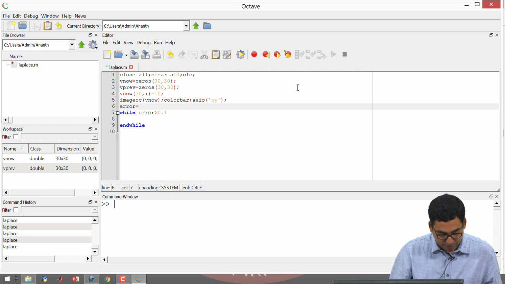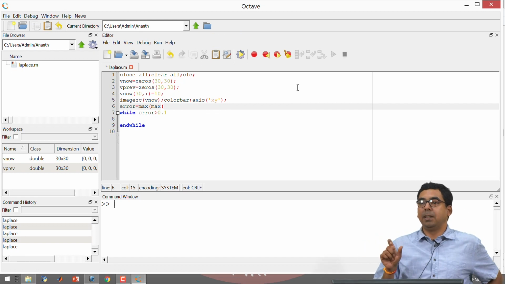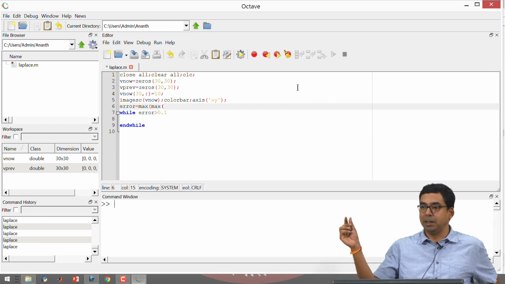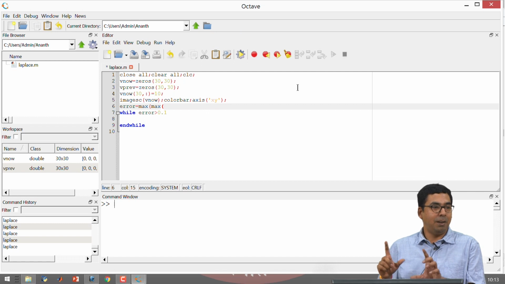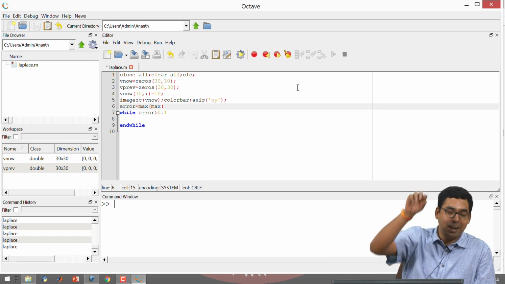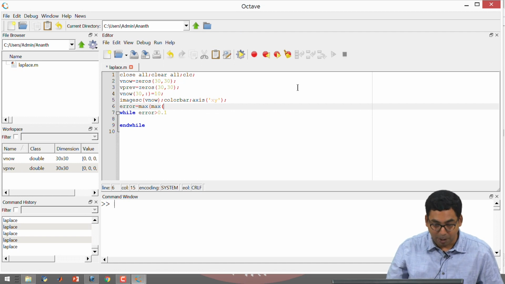In order to do this, I am going to say max, okay. Now, this is the slightly weird part of max. Max of max means that usually when we say max, it means that it accepts a one dimensional vector, and it picks up the maximum element present in that one dimensional vector. When you have a two dimensional matrix, I have to use an Octave max of max to find out the maximum in each column and maximum in each row, all right, and then give me a single value, okay. So, max of, and I want to make sure that I am capturing both the positive and the negative signs. So, I am going to write down absolute value of V now minus V previous.